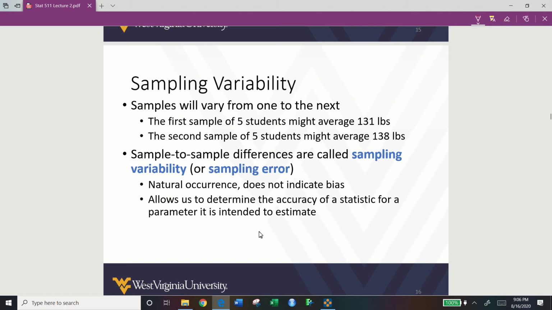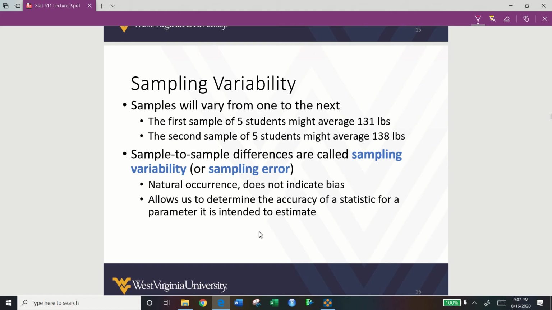That doesn't mean that there's any bias, but what it does is allow us to determine the accuracy of a statistic for a parameter it is intended to estimate. So basically what we're saying is a single statistic in general is not going to be perfectly representative of a parameter. It will, however, be close. So by maybe taking a few samples and then averaging them together, we might have a better picture of the true parameter. Or something we'll focus on is something called a confidence interval, where we will